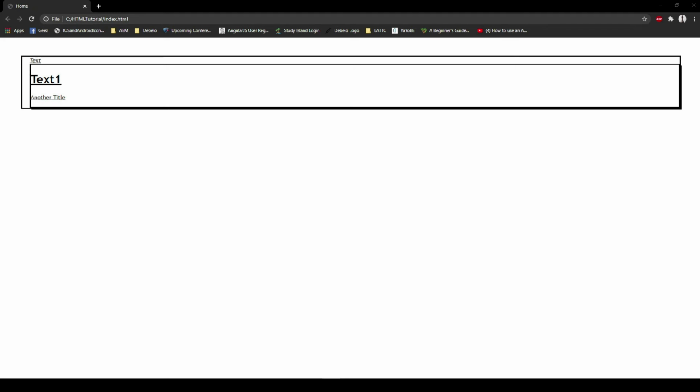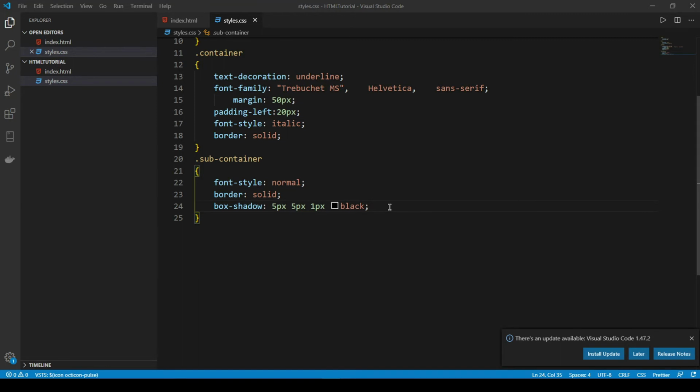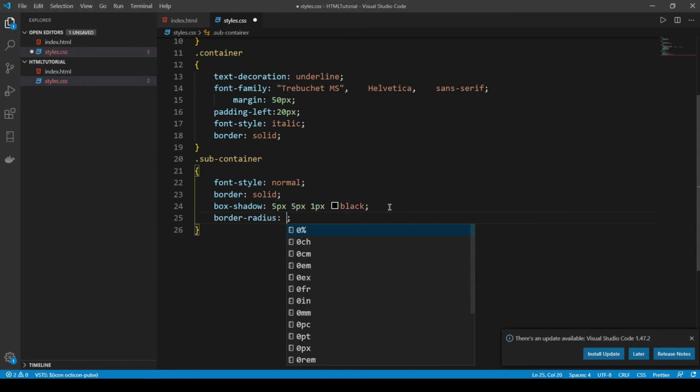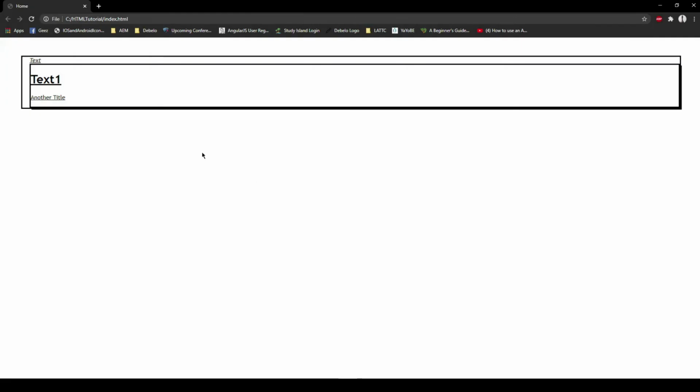We can also make our border curve. To do this, we will go into our style sheet and then type border dash radius and then a colon. Now we can type how much of a curve we want around the border. I will type 10px. Now if we save and refresh, we can see that now the border around our div